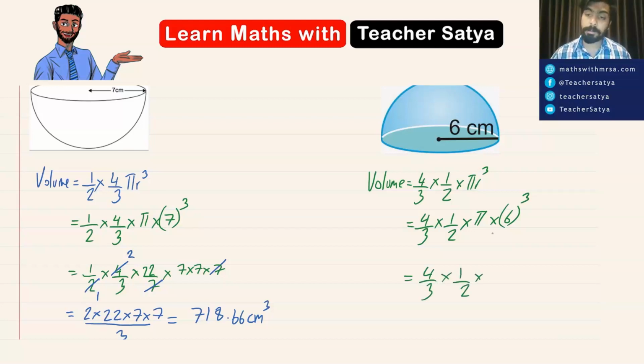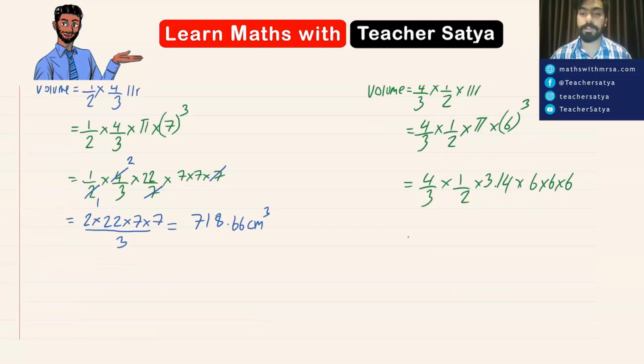Now in this question I'm going to take the value of pi as 3.14 multiplied by 6 times 6 times 6, right guys? Now if we use the help of a calculator, let's see what we have here. So 4 times 3.14 times 6 times 6 times 6 should give us approximately 2712.96, and in the denominator 3 times 2 will give us 6. So the final answer would be approximately